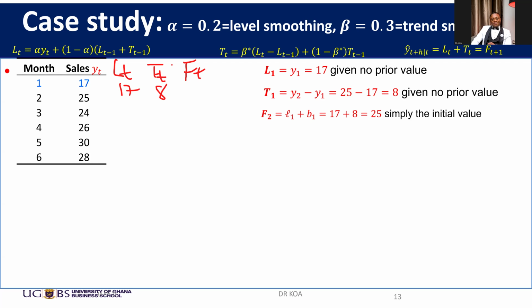So what will be the value of L2 if you substitute it? You're going to have 0.2 here, multiplying the YT, which in this case is going to be 25, then plus 0.8, which is 1 minus the alpha, into bracket 17, which is the previous level, plus 8, which is the previous trend. Remember, here is the previous trend. So when you do that, and then you simplify,